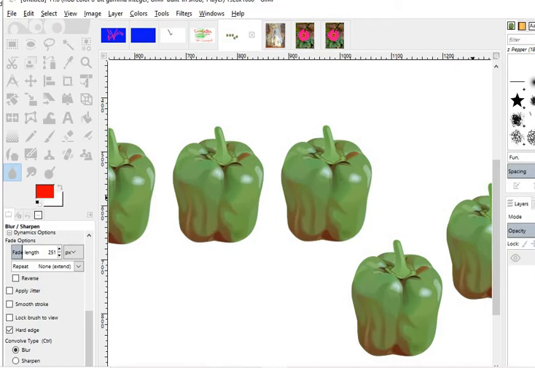Make it normal cursor and make it blur. This is blurred with the hard edges, and without hard edges it is going to be blurred.